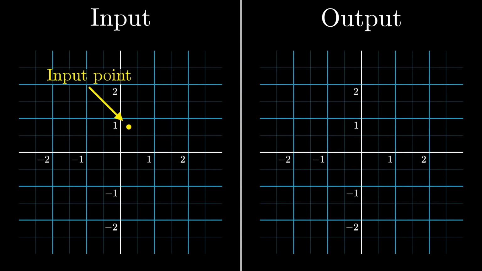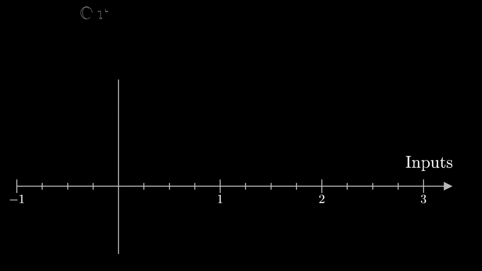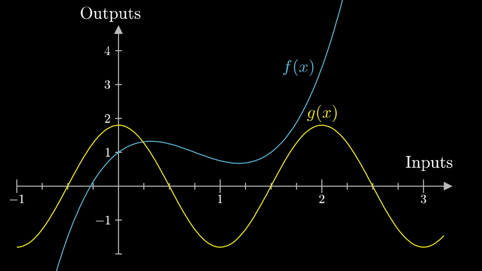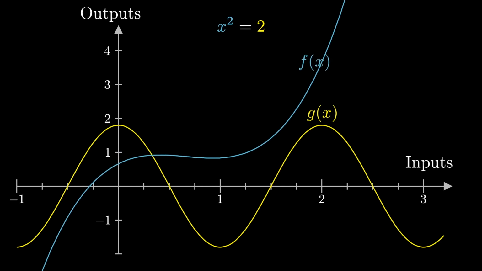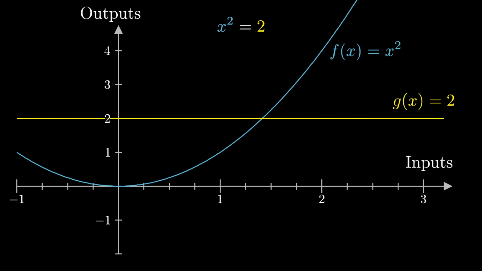To motivate the case with functions that have 2D inputs and 2D outputs, let's start off simpler, with functions that just take in a real number and spit out a real number. If you want to know when a function, f of x, equals some other function, g of x, you might think of this as searching for when the graphs of those functions intersect, right? I mean, that gives you an input where both functions have the same output. To take a very simple example, imagine f of x is x squared, and g of x is the constant function 2. In other words, you want to find the square root of 2.